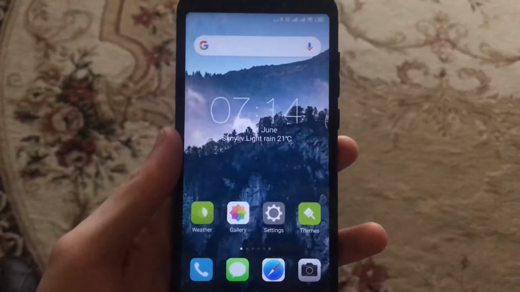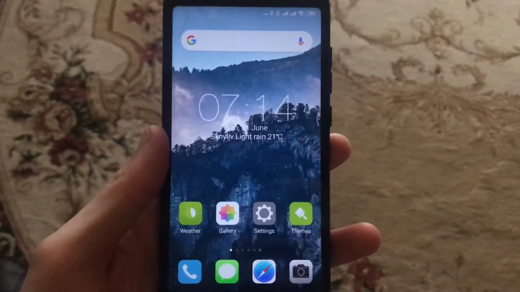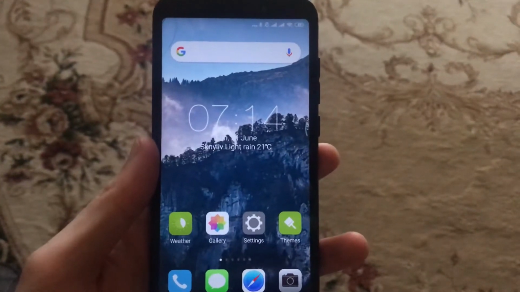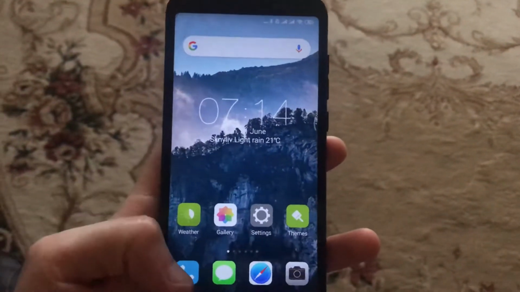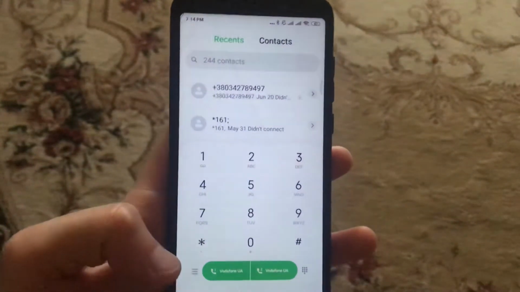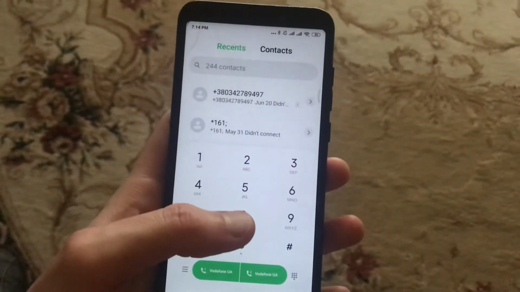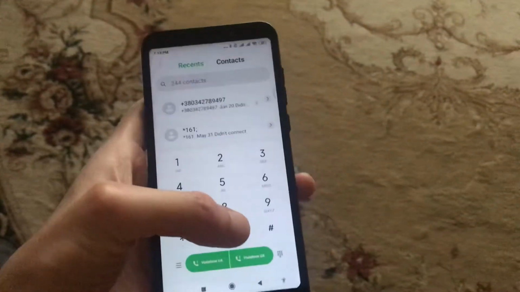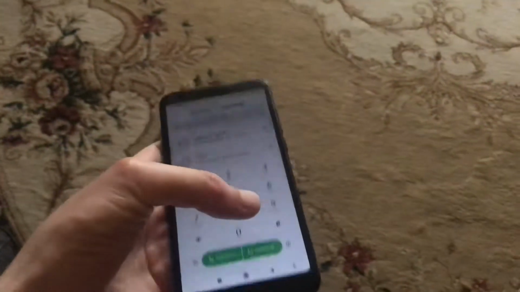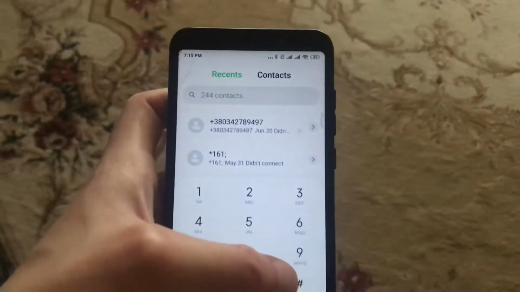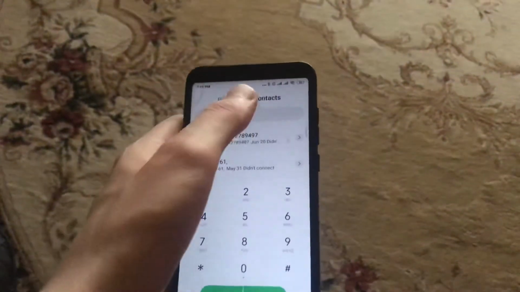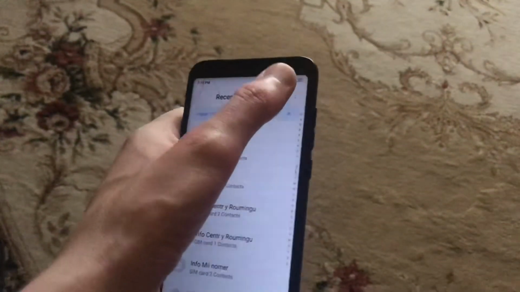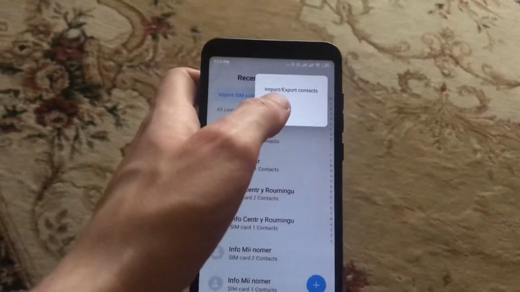Hello dear subscribers, today I will show you how you can easily show photo and info about your contact in Android. So for doing this you just need to go to the phone, and here you need to choose, so just go to the settings, just click here, go to the contacts and just click here, and you will see settings here. Just click